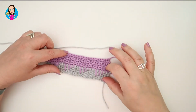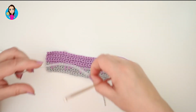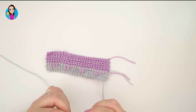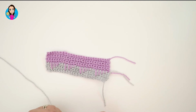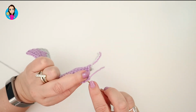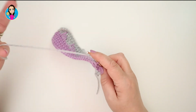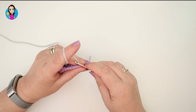So the next row works exactly the same. We're basically following this lilac pattern now, but I'll just give you a quick refresher. So you make your slip knot in your new colour, and you don't have to do it in stripes, you could do it in different colours all the way through if that's what you wanted to do. So you find your last double crochet that you made and you've got that little V there. You insert your hook through both of those, put your yarn on, your slip knot back on your hook and pull it through that stitch,